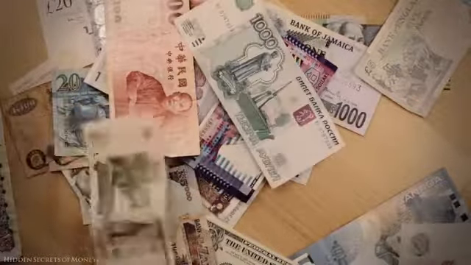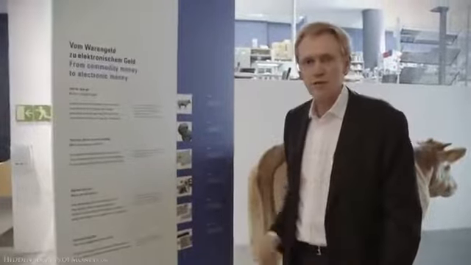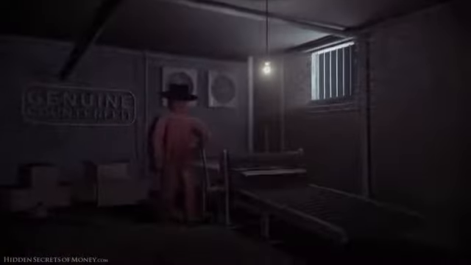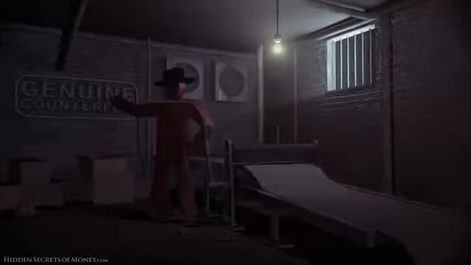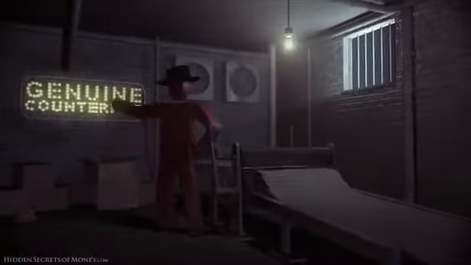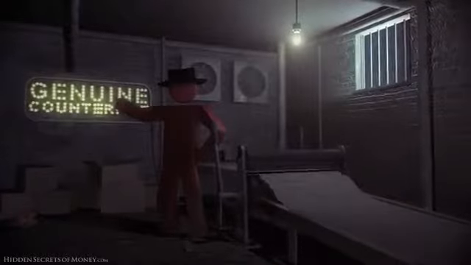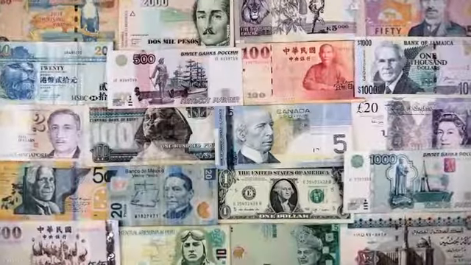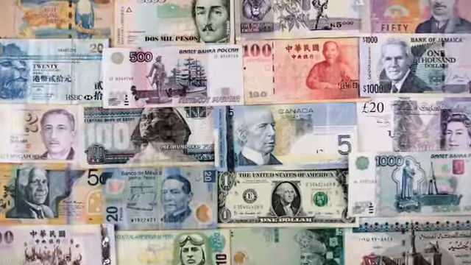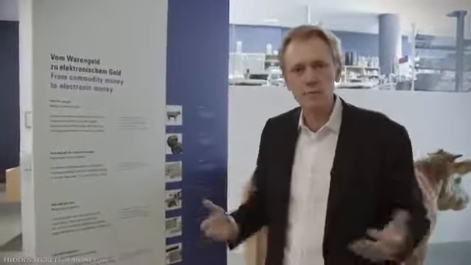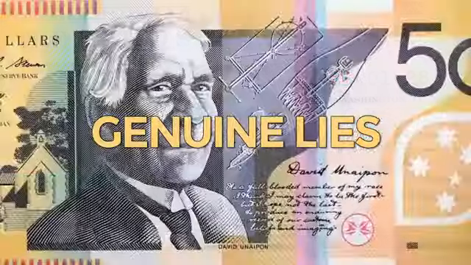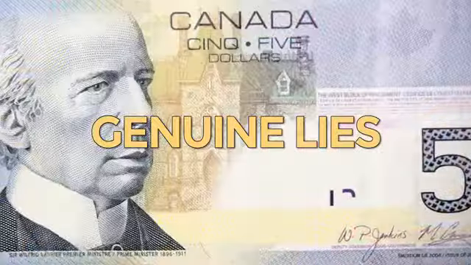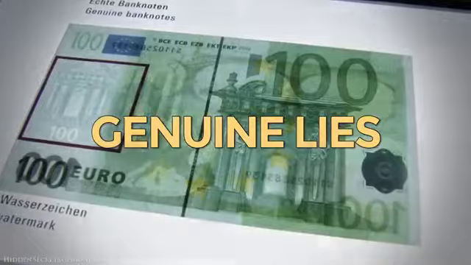They're talking about currency here. And when they say it's genuine, I mean, what is genuine? A counterfeiter, somebody that's running their own printing press in their basement, is making genuine notes as far as he's concerned. I mean, they're genuine counterfeits. These things that just come off of a printing press, well, yeah, it's a genuine lie from a central bank or a government that you've got something that's going to store value for you, because it doesn't over long periods of time. It loses value.